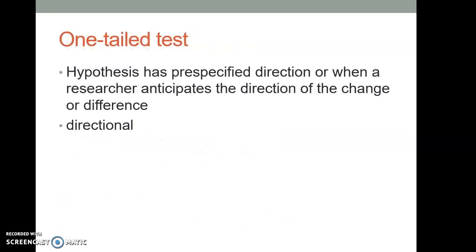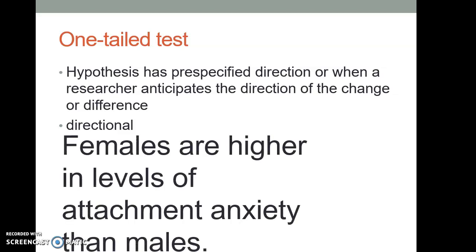There is also what we call a one-tailed test. A one-tailed test is a directional hypothesis statement. So, if we restate our hypothesis, we can say females are higher in levels of attachment anxiety than males. That's a one-tailed test hypothesis. However, I have to emphasize,